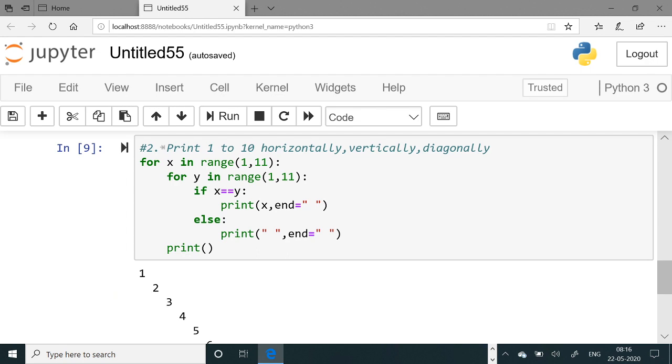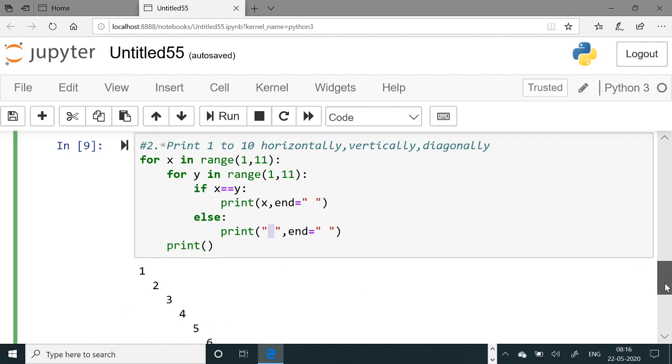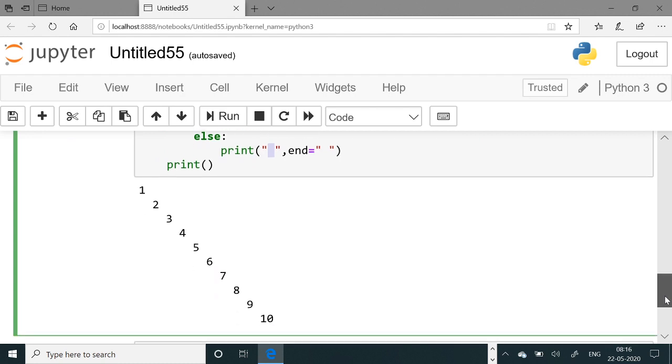So here you can see when x is equal to y, I have taken print x with end equals to 1 space I have given in between, and when x is not equal to y, that is in other cases, I have left 1 space. So it will simply leave the space, and any type of pattern you can print using this program.